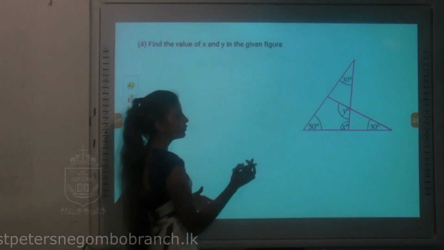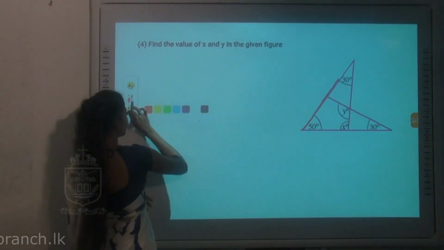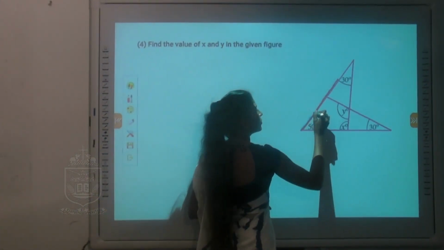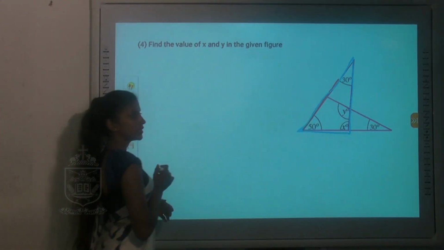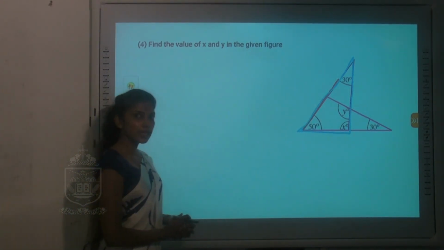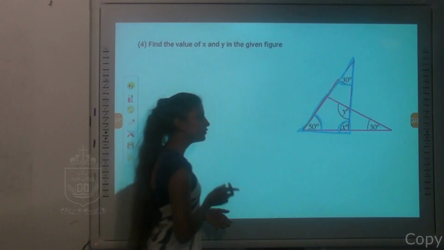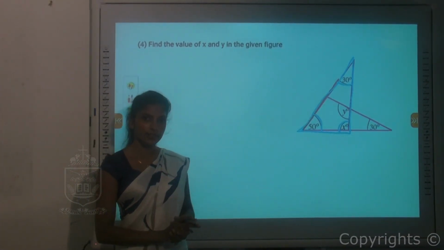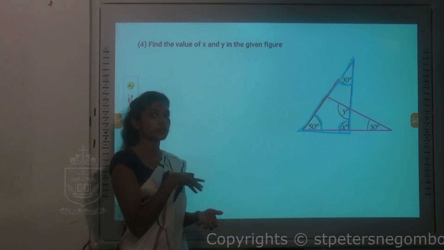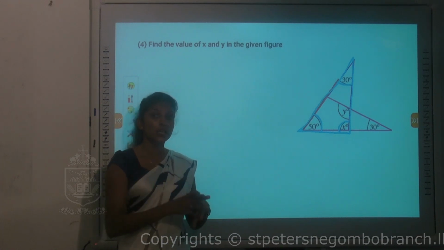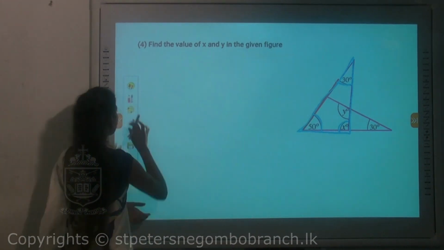So let's see. Now children, first of all, consider this. I'll select another color, so it's very clear for you all. So please look at this triangle. What can you say about the three interior angles of that triangle? These are the three interior angles. 50, x, 30. Can't we find x using that triangle? Can. That is not related to the things that we learned now. It is from the previous part actually, finding the interior angles of a triangle. But all the concepts are applied in the same question. Right? So we can find x very easily.